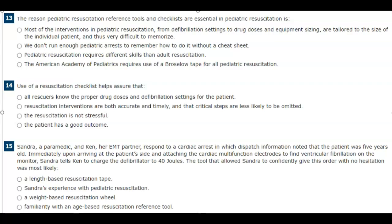Number 15. Sandra, a paramedic, and Ken, her EMT partner, respond to a cardiac arrest in which dispatch information noted that the patient was 5 years old. Immediately upon arrival at the patient's side and attaching the cardiac multifunction electrodes to find VFib on the monitor, Sandra tells Ken to charge the defibrillator to 40 joules. The tool that allows Sandra to confidently give her order with no hesitation was most likely